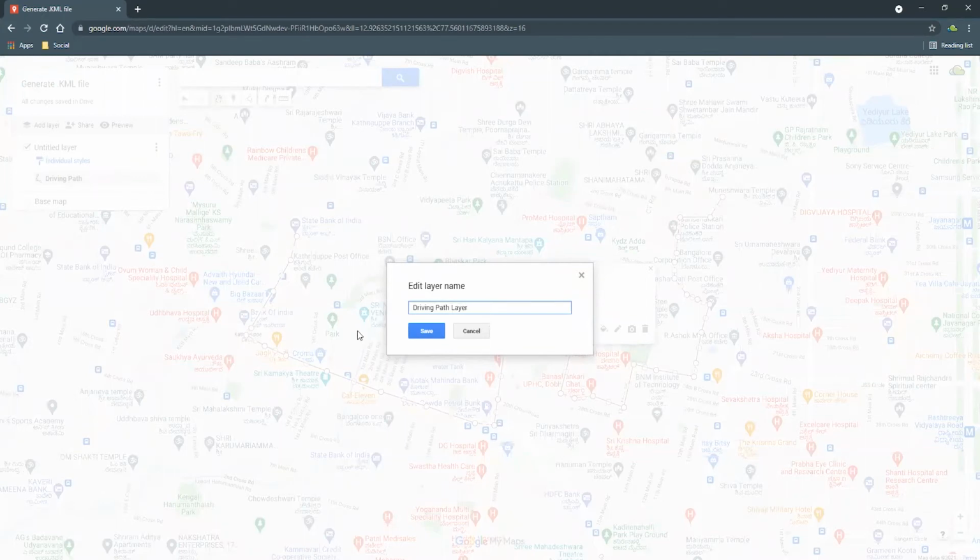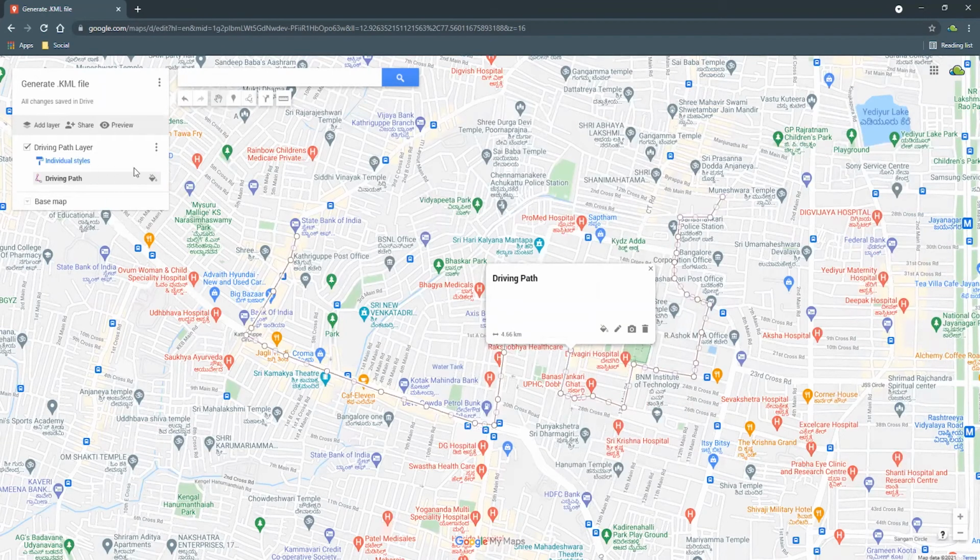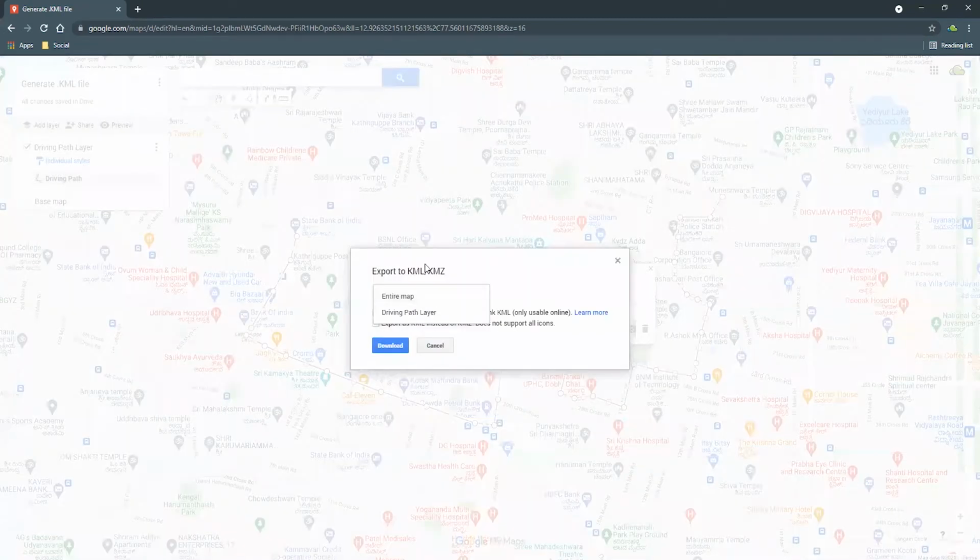And then what you need to do is go to your map, and there is a whole bunch of options available, which I will talk about in a different video, but for now, it will be exporting. Click on that. It will ask whether you want to export the KML file out of this layer, which is the driving path layer, or the entire map, because you can have any number of layers here. So in this case, I'm saying export only the driving path,